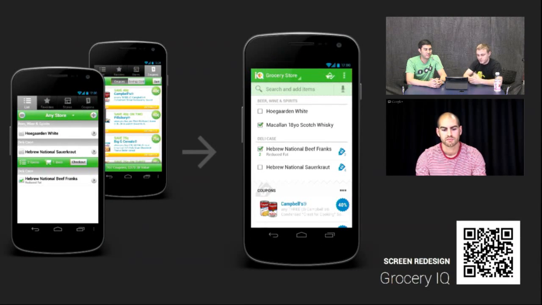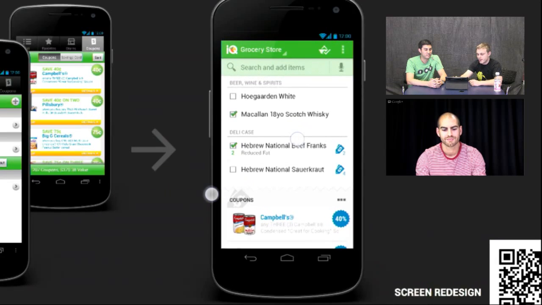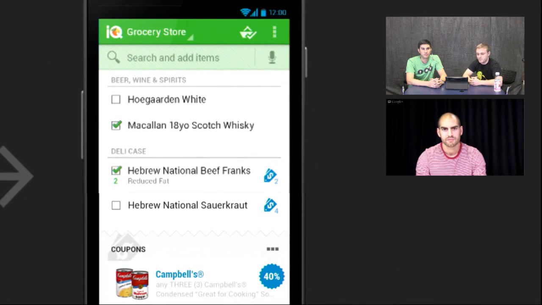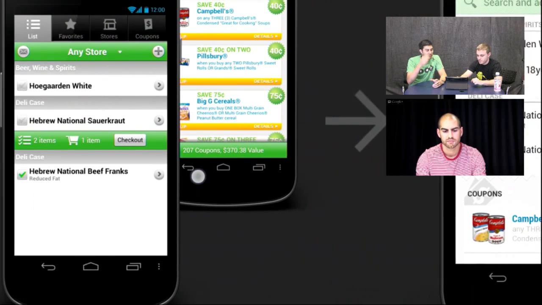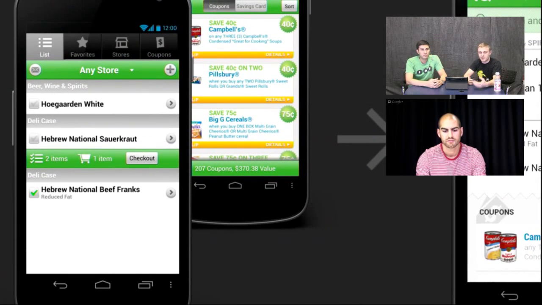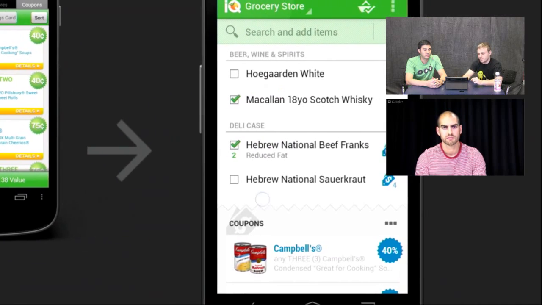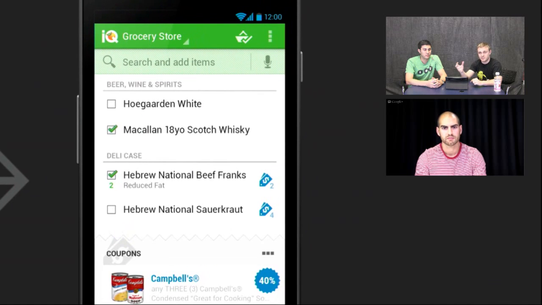So as we always do, we've added a proper action bar. We've added some iconography, some branding in the top left. We added a single checkout action button. Checkout is something that, after you check the items that you've purchased, you can press checkout and it moves those items into your history, so that next time you're shopping, you can just bring things into your list directly from your history. That's kind of a neat little feature, and we decided to move that as a primary action in the